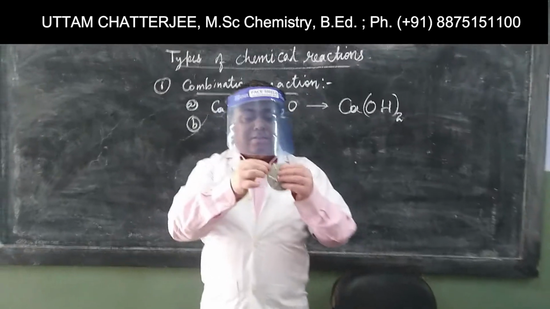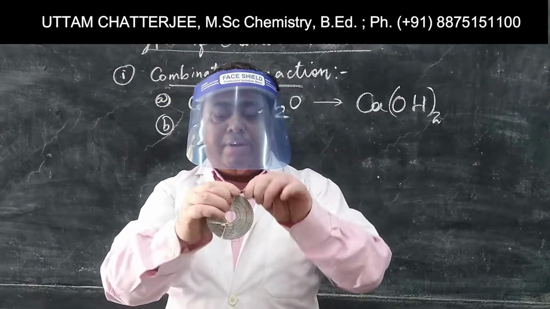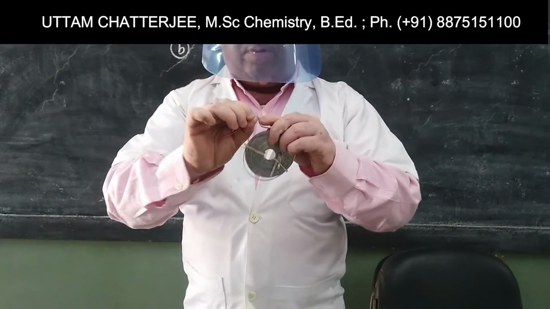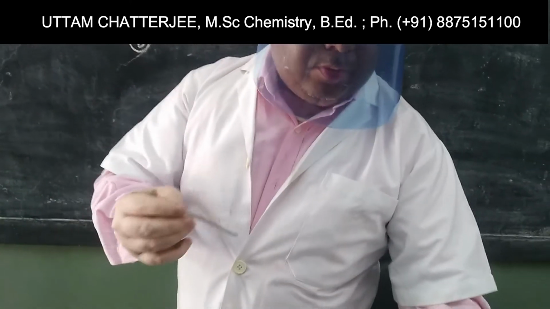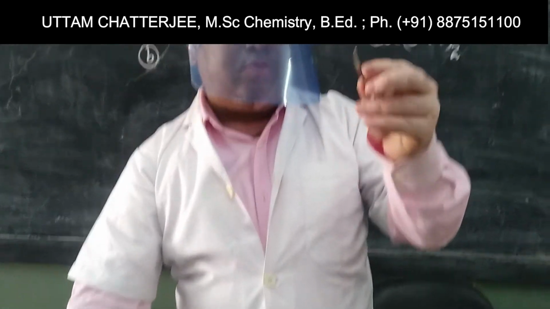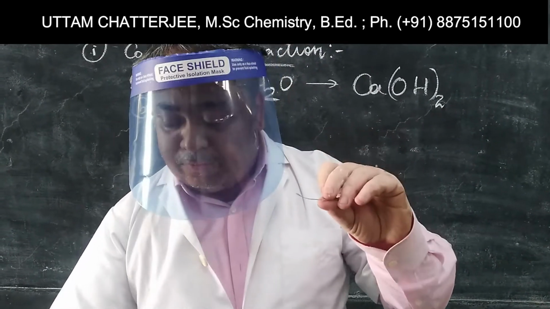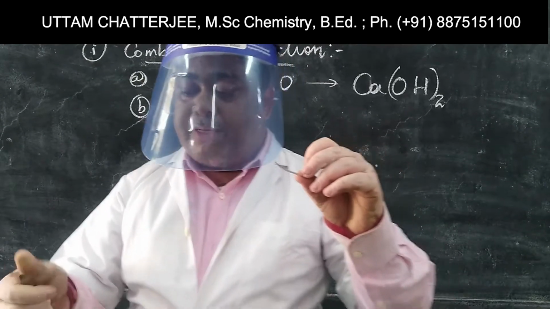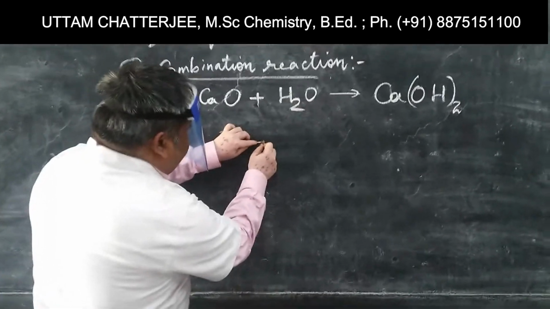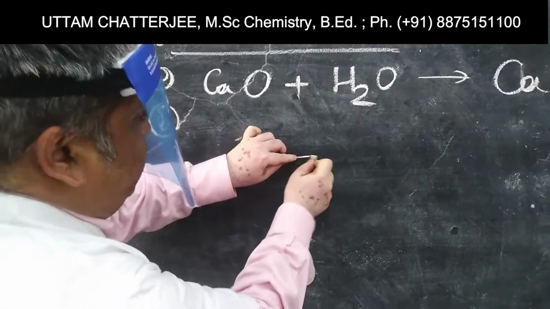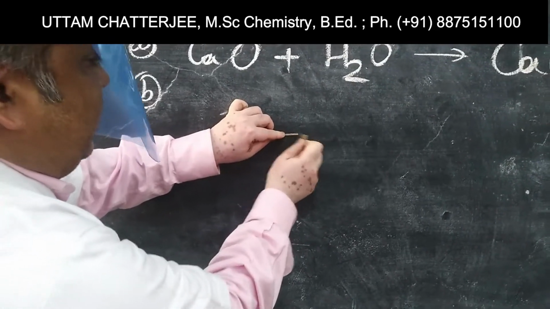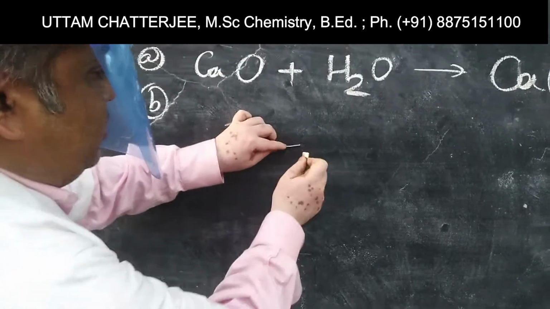Now I have taken another substance. This is not a salt, this is an element, a pure element. Element has to be pure, but it may not be pure. It can have some impurity. While producing magnesium, there could have been some impurity in it. And on the surface of this, obviously impurity is there in the form of oxide, because metals combine with the oxygen in the air. So before I do any reaction, I will try to scratch off the surface, which is in the form of magnesium oxide, so that the shiny, lustrous, metallic magnesium is visible.